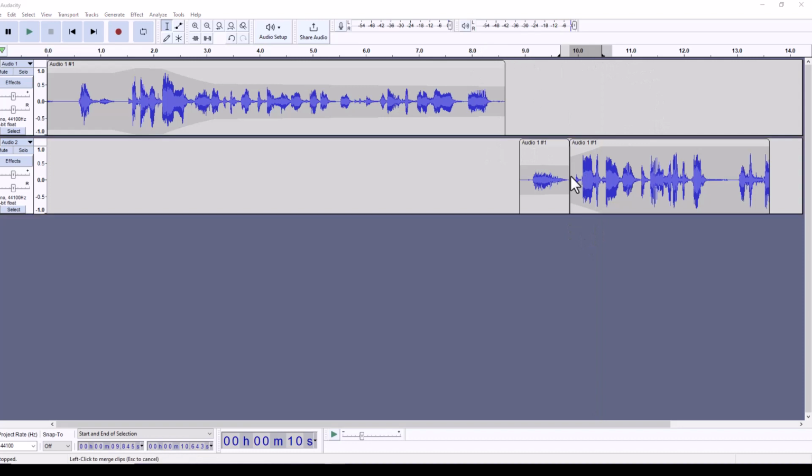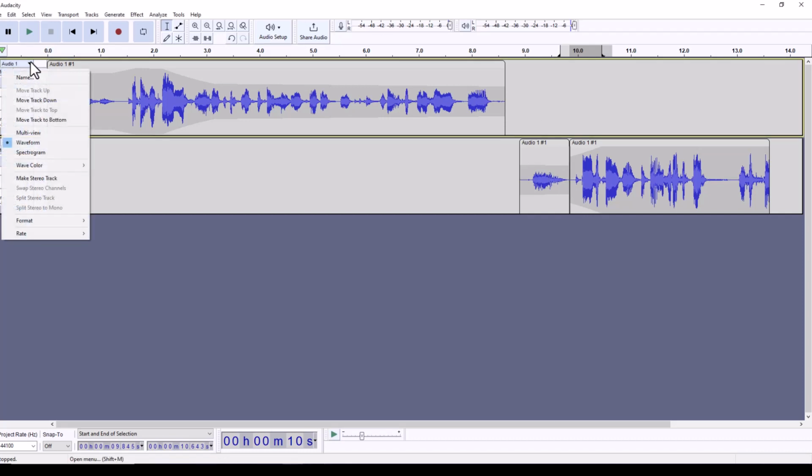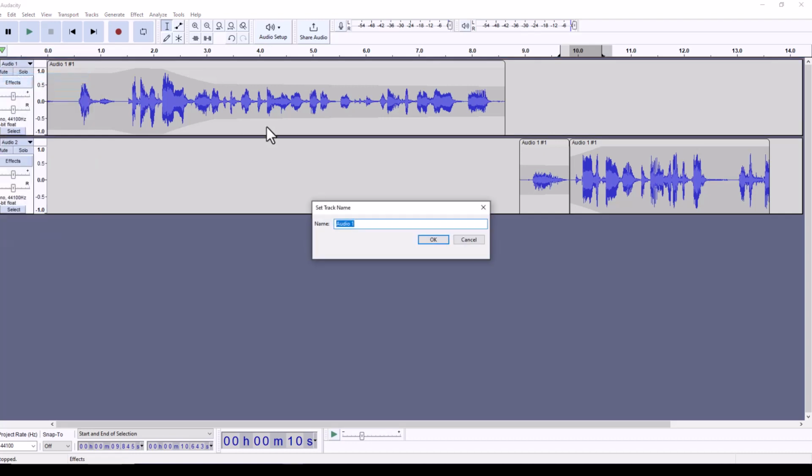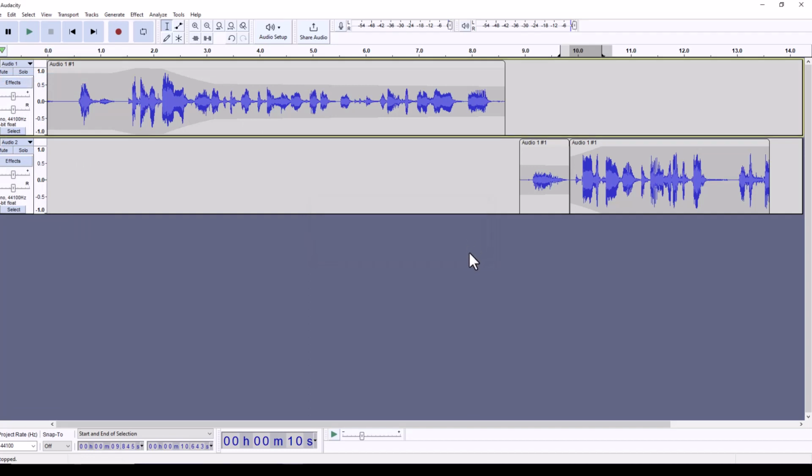In order to better organize your clips, you can also rename tracks. You can reorder them by clicking the down arrow next to, you have lots of options if you click this little arrow that's next to different tracks. So you can move tracks up and down. Obviously you can't move the top track up any further, but you can see it differently. You can change the wave color, things like that. You can also just rename them so that you have like a narration track, background music track. If you have multiple speakers, like you're doing an interview, you can also rename them accordingly. So that's always really helpful.